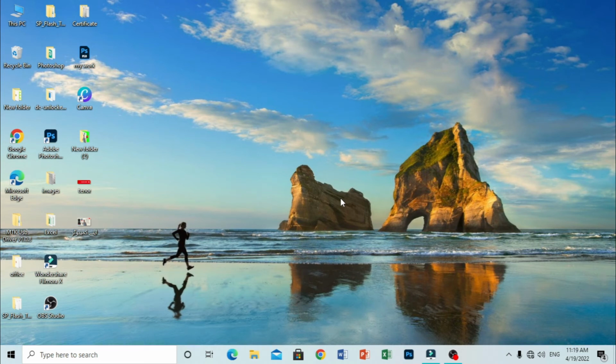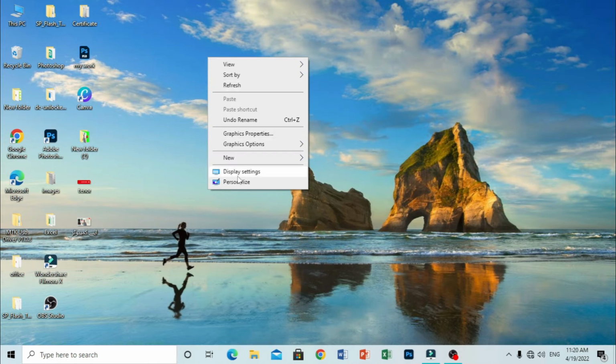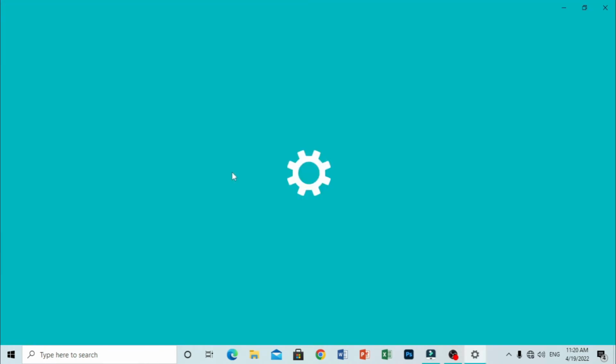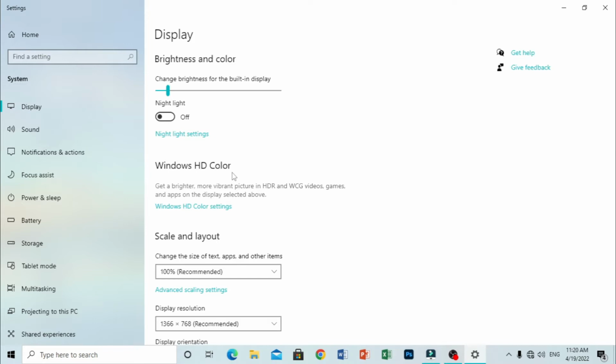Today I am going to show you how to increase or decrease the brightness of a Windows 10. For that you just have to right click on the desktop and then go to display settings. After you click on display settings, you will see this kind of menu, or here you can search for the